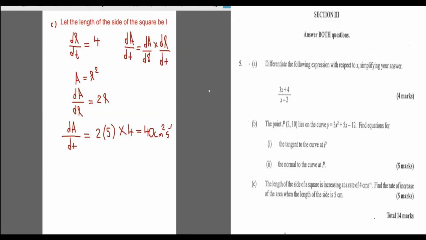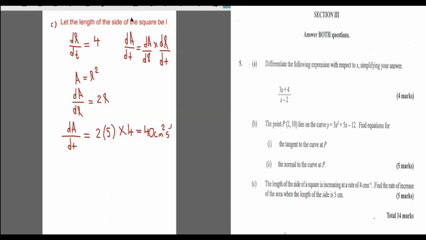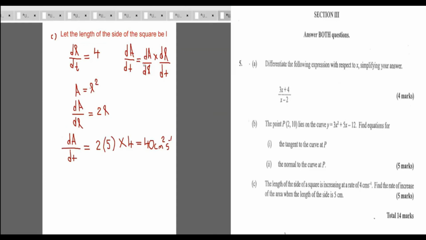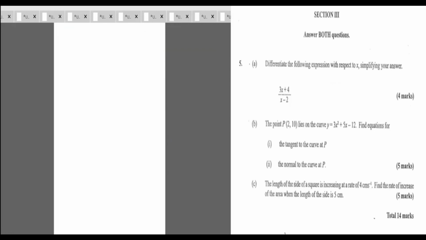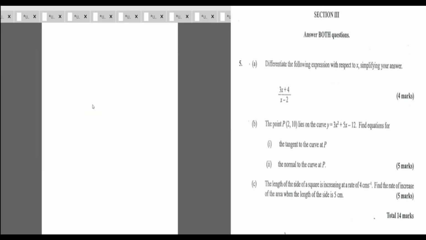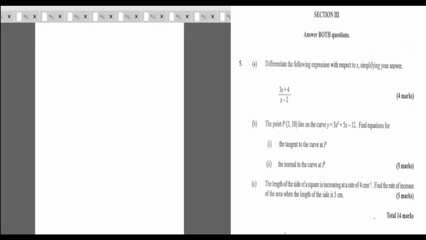And now we're going to go to integration, which is question number 6. Let's look at what this says. It is saying, evaluate the integral from 1 to 2 of